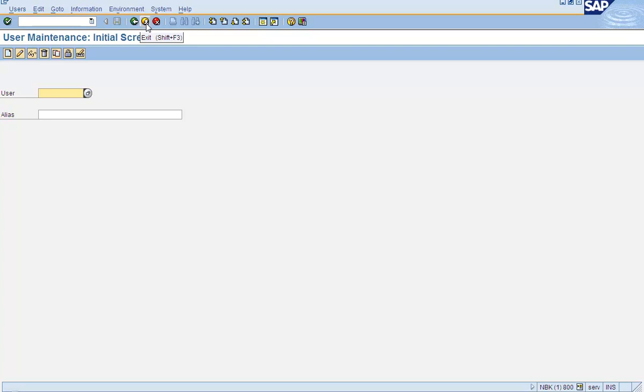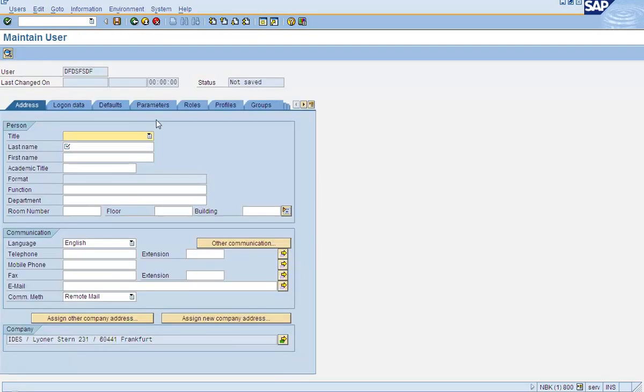It doesn't go one screen back, it will exit the transaction code. This icon is for canceling. If you made a mistake and you realized it and you don't want to proceed further, you can click on this icon and cancel it. For example, let's say I want to create this ID. I start creating this ID, right?